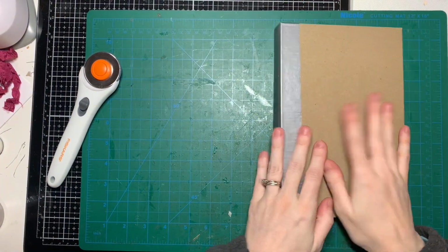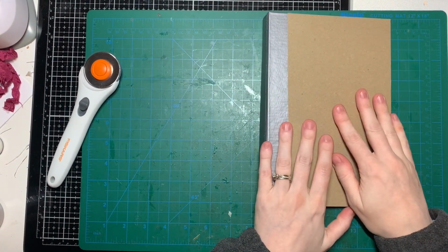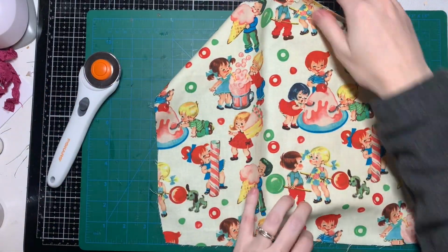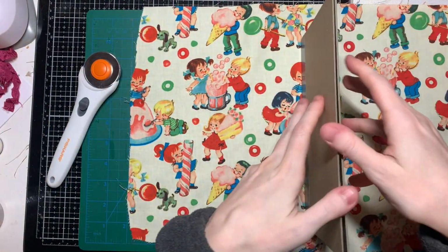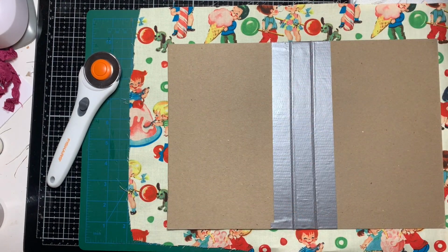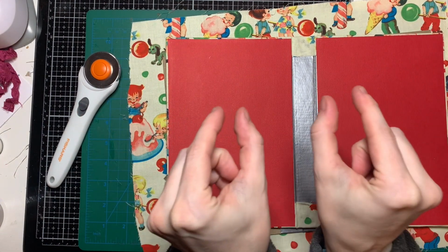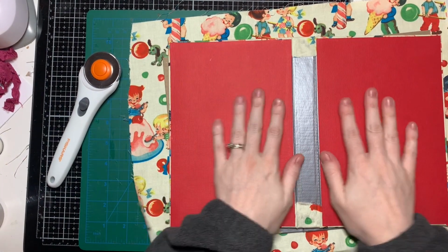Okay, so what you will need if you decide to do something like this, your chipboard cover or card box cover, you will need some fabric, obviously, or if you don't want to use fabric, you can use paper. My fabric I already cut, so it's bigger than my cover piece, and I could always trim it before I glue it in here or sew it. You want to make sure that you have more than you need, because on this one, for some reason, I cut it really short, and I had a tiny little bit on the left and right side, so it was really difficult to glue this in and make sure it stayed, but